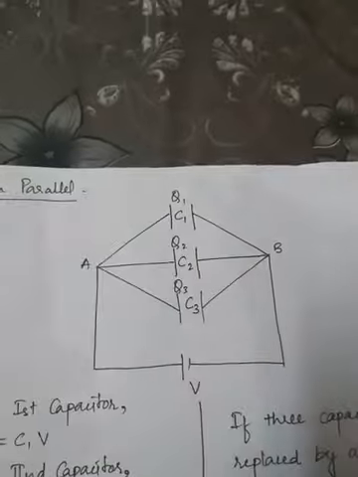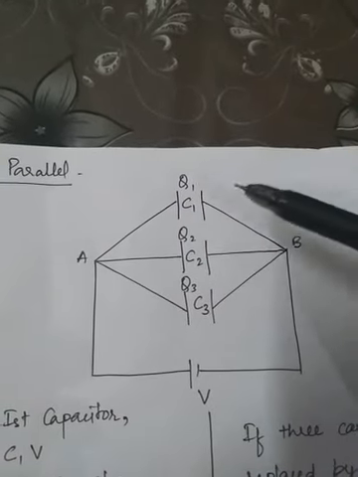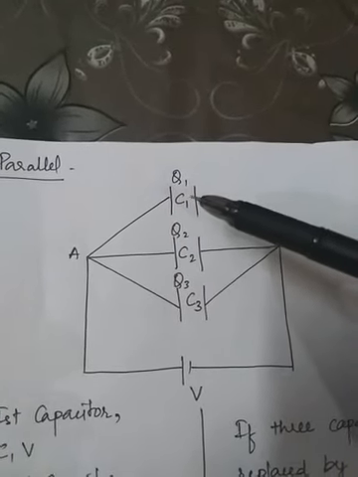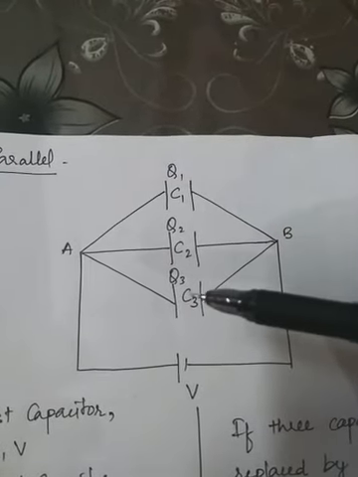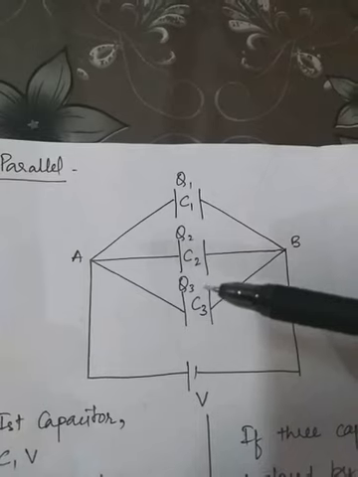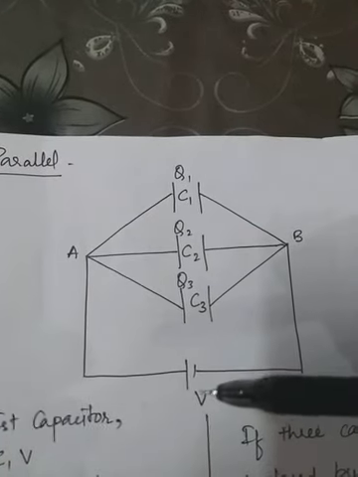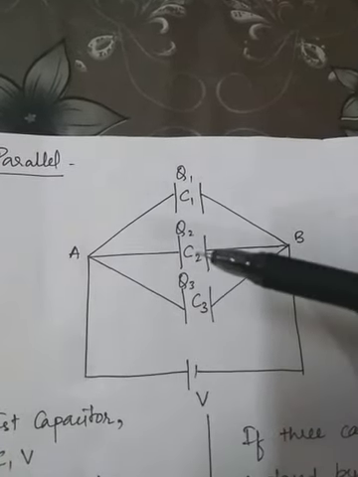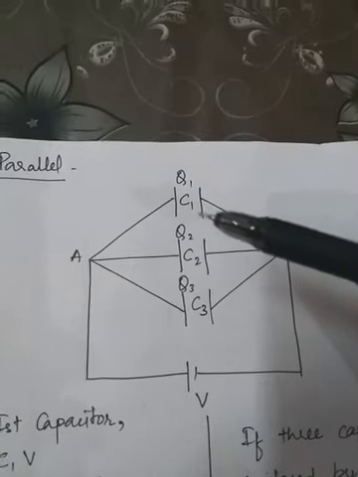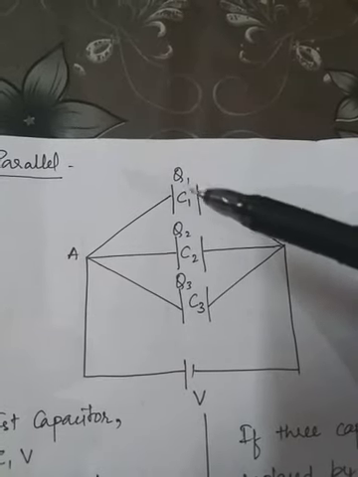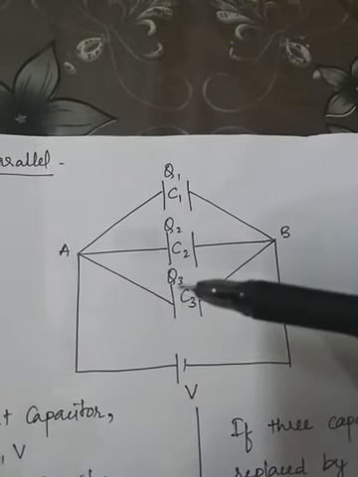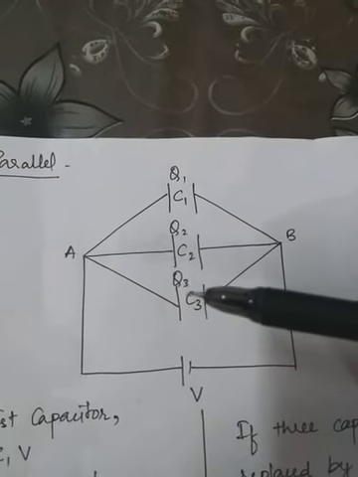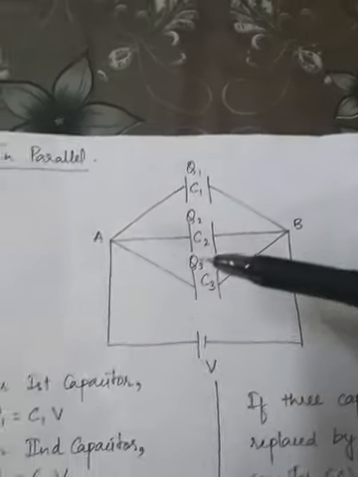Now let's talk about parallel combination of capacitors. So let's see the diagram first. Suppose we have three capacitors C1, C2 and C3, and they are connected in parallel as shown in the diagram. Now in parallel, potential difference, this V, will be same across each of the capacitor, but now in this case charge will be divided on each capacitor. Suppose it is Q1, Q2 and Q3, charge on each capacitor respectively.